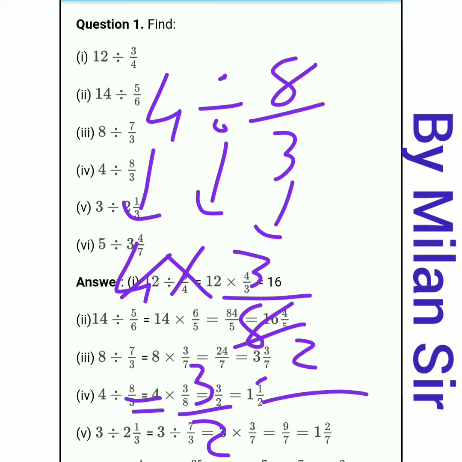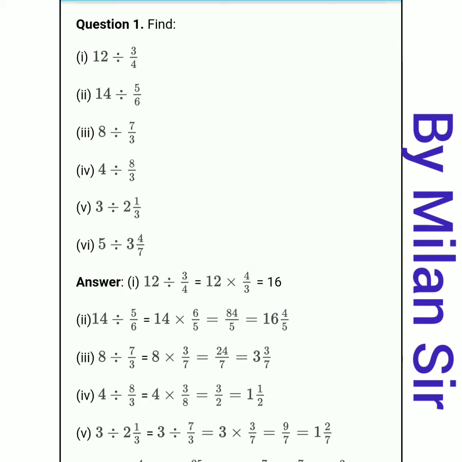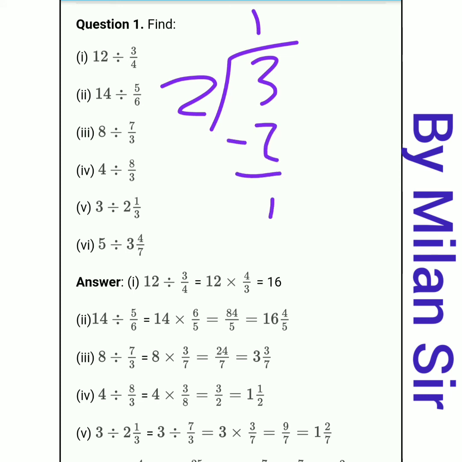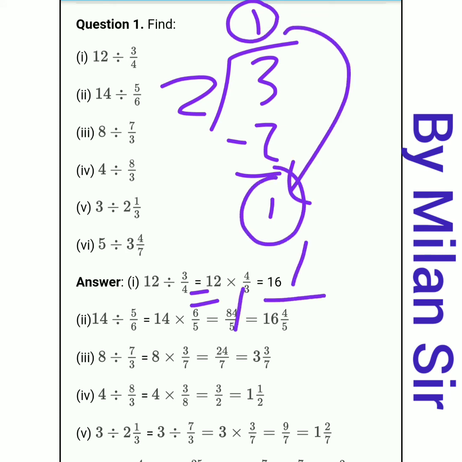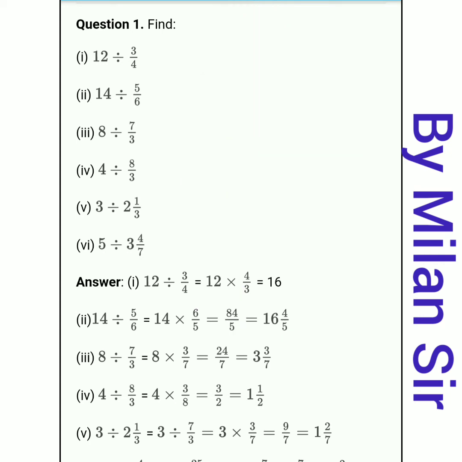But again this 3 by 2 is an improper fraction, right? So we can convert it into a mixed fraction. Okay, so 3 by 2. So here 2 ones are 2. 3 minus 2, it's a 1. So our final answer, this 1 integer. Then after that, clockwise direction, we need to write this remainder 1 and this denominator 2. Okay, we need to write it in clockwise direction. First of all, start with the answer. 1 integer, remainder, that means in numerator 1, divided by 2. So 1 integer 1 by 2.